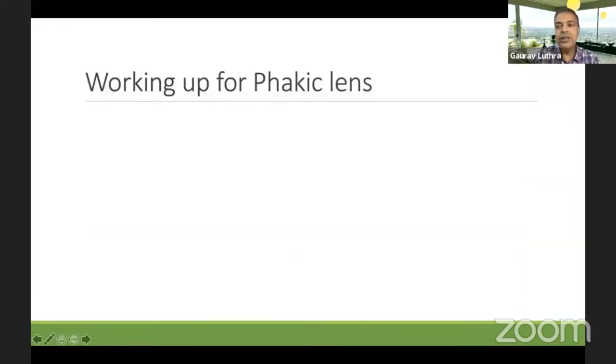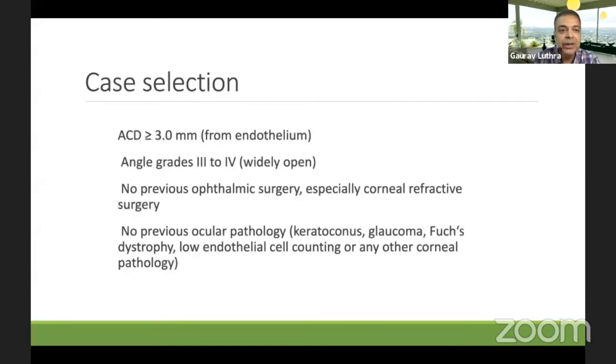So when you start thinking of putting a phakic lens for a patient, if you don't have an excimer, you would be looking at good refraction, a good pachymetry, AC depth, PRS, peripheral retina screening, and a good gonioscopy with a white to white. Now, an AC depth of 3 millimeters, suppose from the endothelium. Now, this is the important thing. It has to be from the endothelium. So if you are measuring on an A scan, you would have to subtract the pachymetry from that, and that would give you the anterior chamber depth without the corneal thickness, and that should be ideally 3.